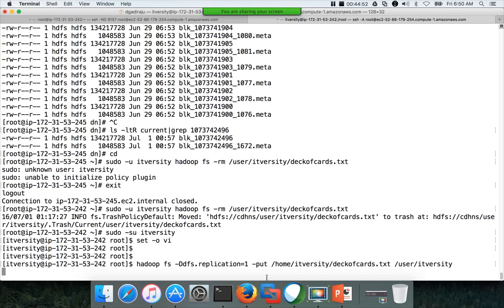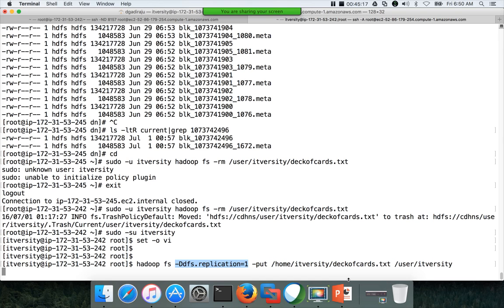The parameter file will not be impacted. It will only impact the file. It will not touch or modify the parameter file by doing so. So parameters are for the service-wide level. Here we are saying what should be done on this file. It will not change any parameters in the configuration files by running this.